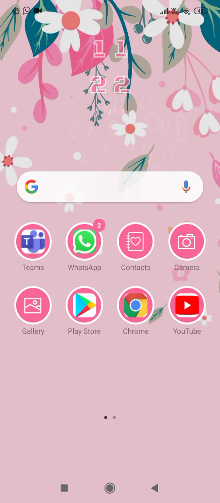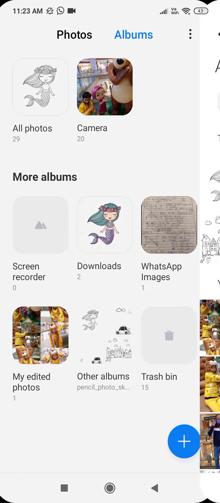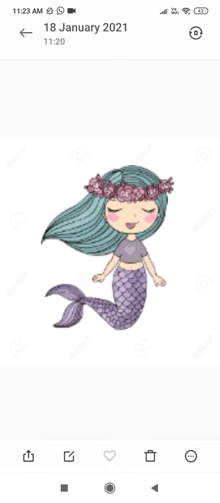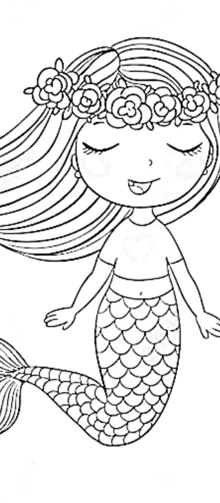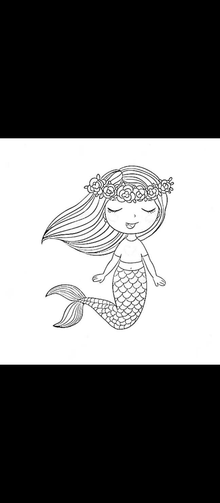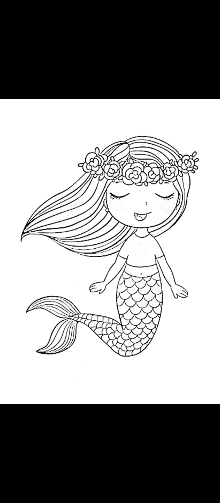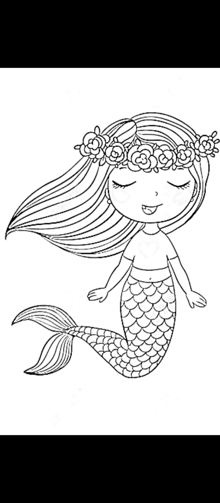Let's go to gallery, and over here we have got our, see, this was the picture which we chose, which we just downloaded, so it's there in our gallery, and this is the picture we have made now. I mean, just see how amazing this is. You can print it out, it's ready to be printed. And guys, in this way you can create any topic. You can create a printout or maybe a coloring page of any topic you really feel like.